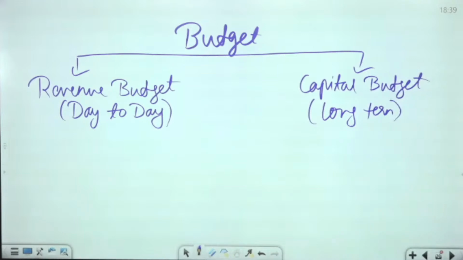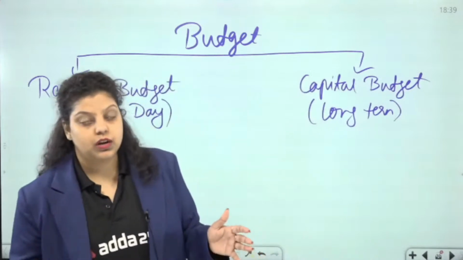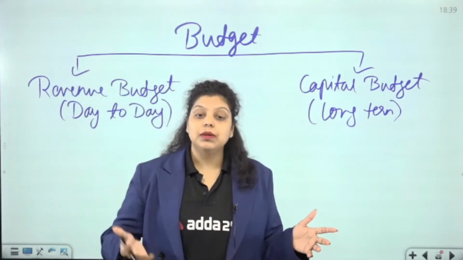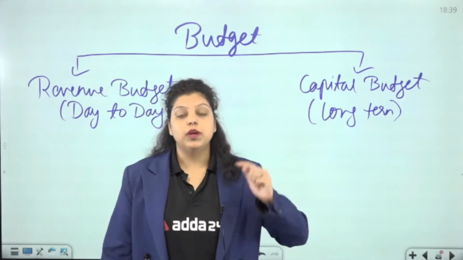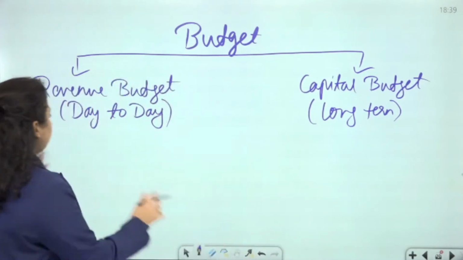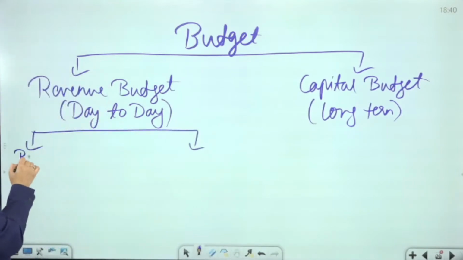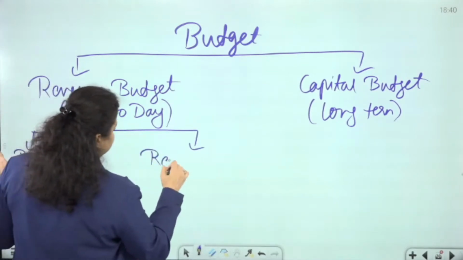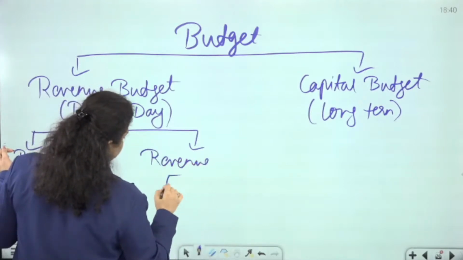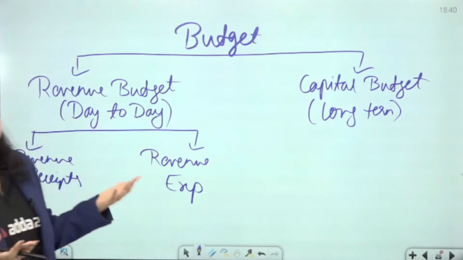Okay. Now, a budget is a statement of income and expenditure of a government. That's an estimated statement. Government is estimating how much we are going to earn from different sources in the upcoming year and how much we are going to spend. So when we talk about revenue budget, it covers your revenue receipts, that's a daily basis income. And we have revenue expenditure, that's a daily basis expenditure for the Government of India, and these are all estimated because we are estimating the budget for the upcoming year.